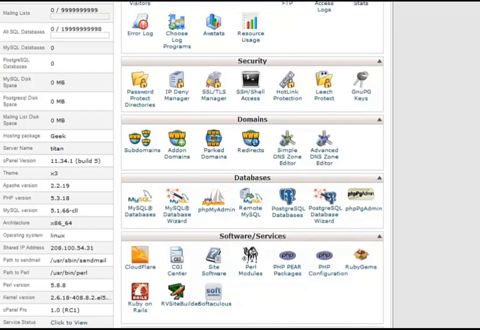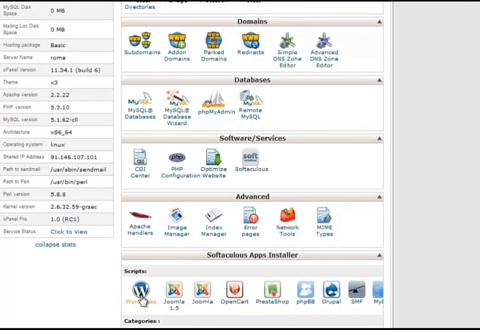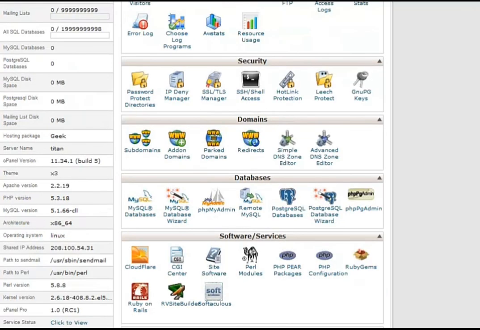Hello. Your web host, if they don't have Fantastico, might have something called Softaculous, and depending on your control panel it might look as this one does down here where it says that, or it might look like this, where it actually just tells you that you can install various apps and it just gives you the popular ones rather than making you jump through hoops. Either way, when you click on that,